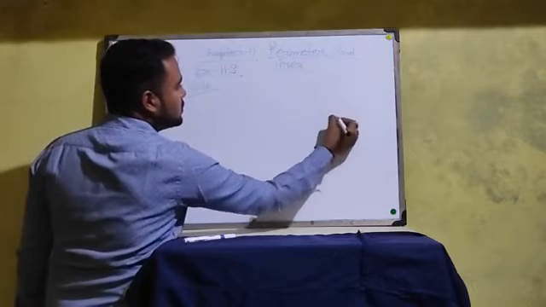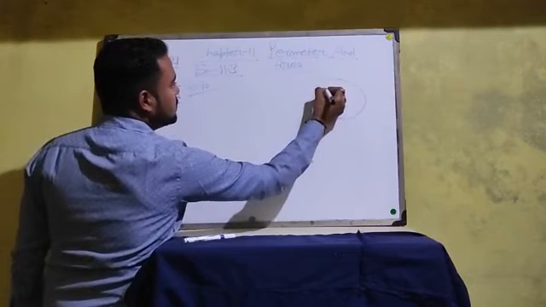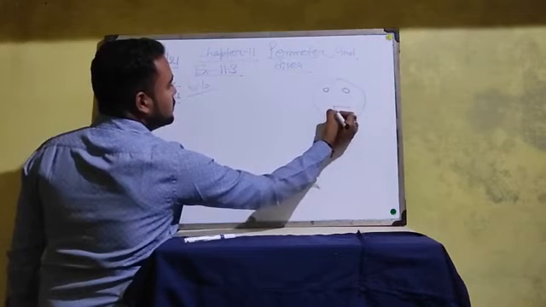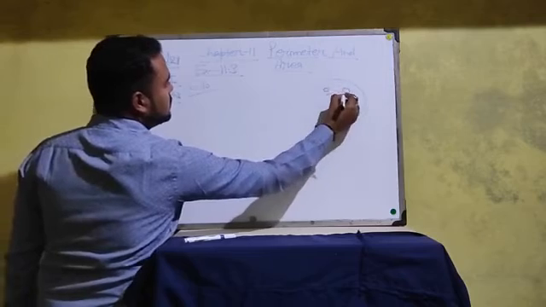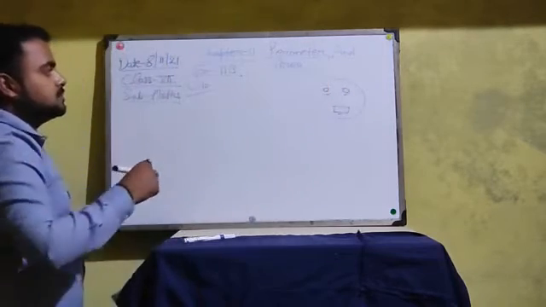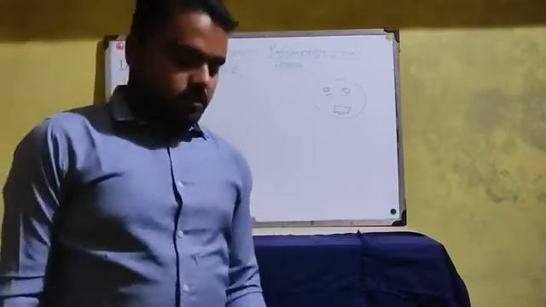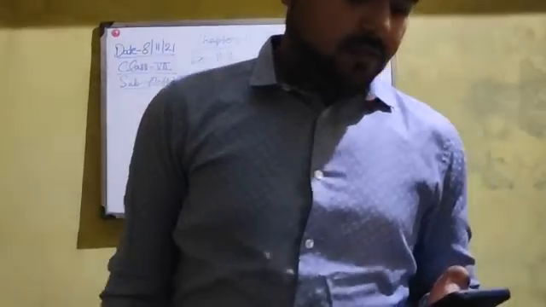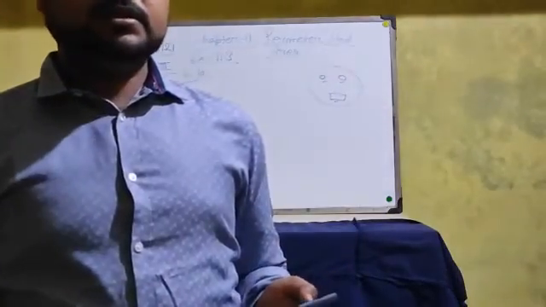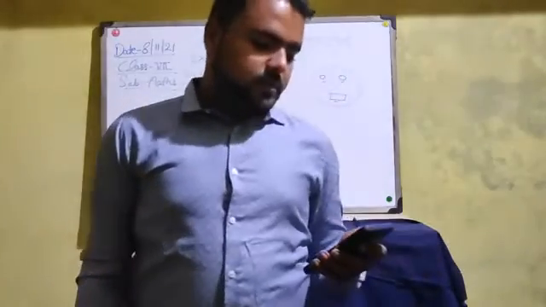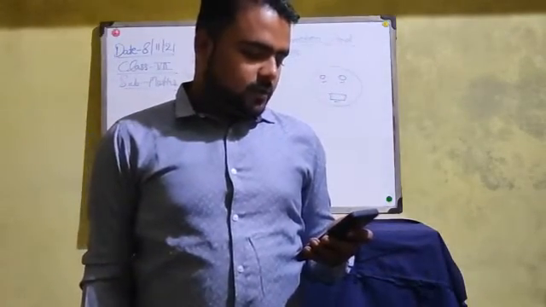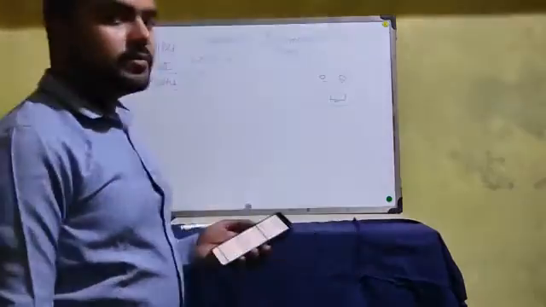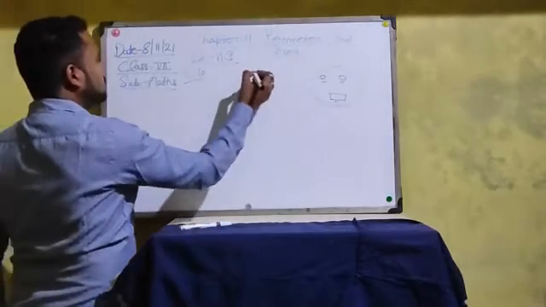Here there is a figure of a circle, and in it there is a figure of two circles and one rectangle. The question is that from a circular sheet of radius 14 cm, two circles of radius 3.5 cm and a rectangle of length 3 cm and width 1 cm are removed, and here we have to take the value of pi as 22/7.